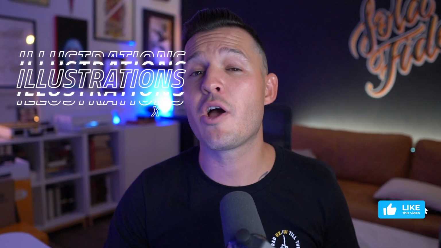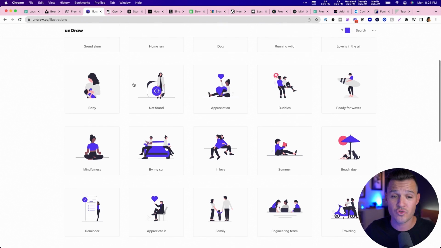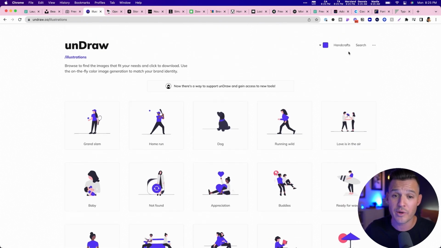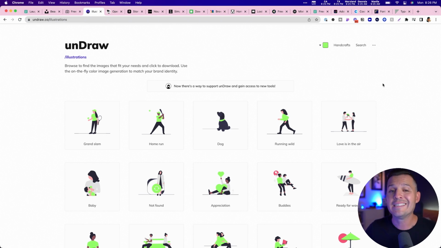All right, next up, we're going to be talking about illustrations, and illustrations are important. They're great for websites and mobile applications and software, but how do you find good illustrations? Well, you might start over at undraw.com, and Undraw just has a lot of really, really great stuff. You can also customize and change the color. So if you want to create sets of illustrations that are very customized to your product or your branding, Undraw's